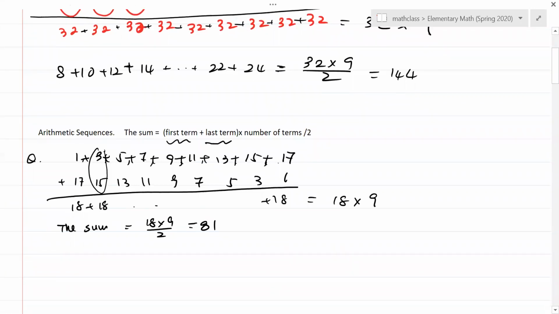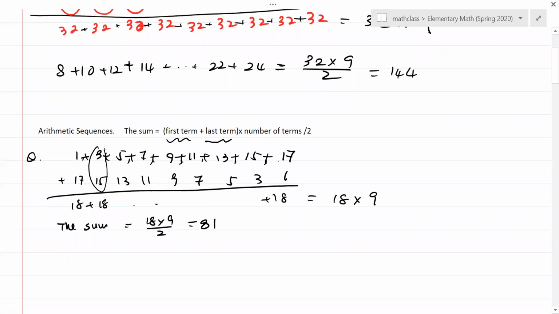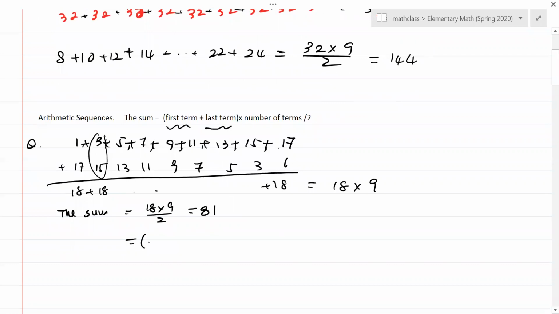If you use a formula, you don't need to repeat the idea over again. You just take the first term plus the last term, multiply by the number of terms, divided by 2. Okay, so you don't need to repeat the same idea over and over again. Okay, right? For example,